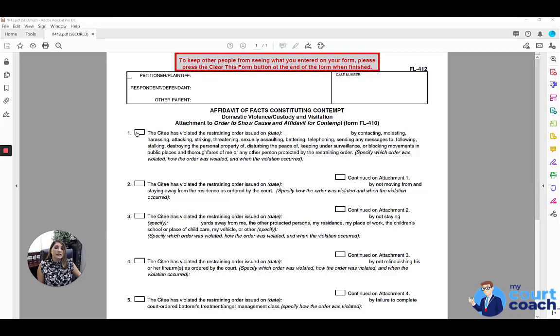So the top part is for restraining orders. If the citee, the person that you're seeking to have found in contempt, has violated the restraining order by contacting, molesting, harassing, attacking, striking, threatening, sexually assaulting, battering, telephoning, sending any messages to, following, stalking, and so on and so forth, you can kind of go through this and read it. But if they have violated any of those specific orders, then you want to include each incident that was a violation of that order. So include, and again, you're probably going to need an attachment, the date the